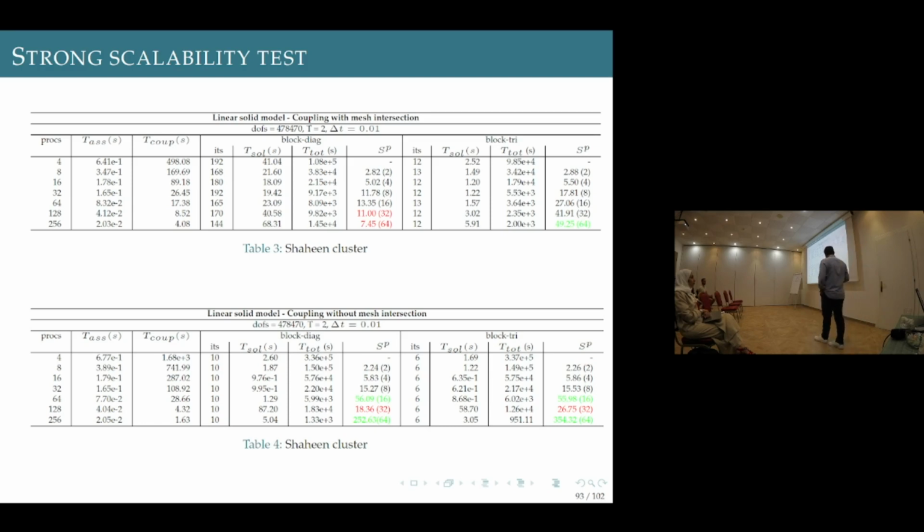And the situation is different when we don't use the intersection. We can see a little bit of oscillation, because we have, for example, 56 instead of 16 and 55, so basically the same. Then we have 18 and 26 instead of 32. And then in the last case we have more than 200 and 300 instead of 64. So without mesh intersection we have this problem. It's not a problem, but